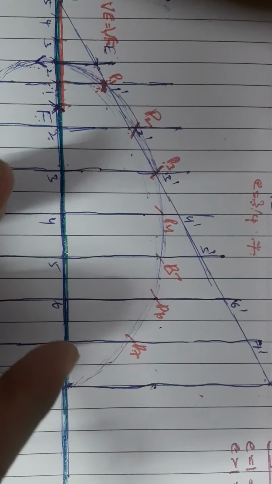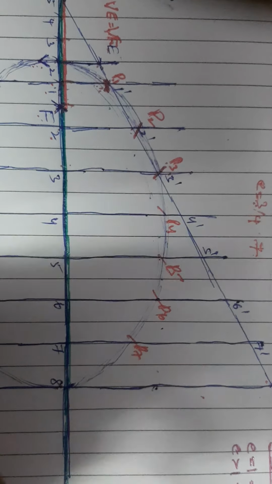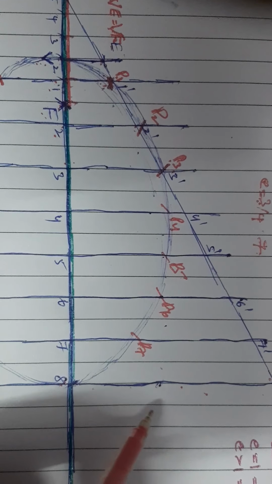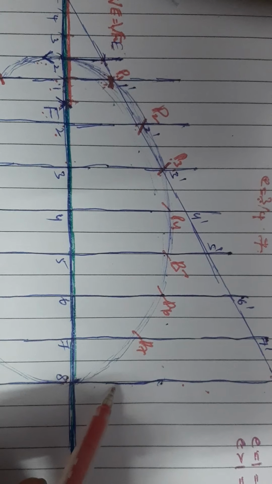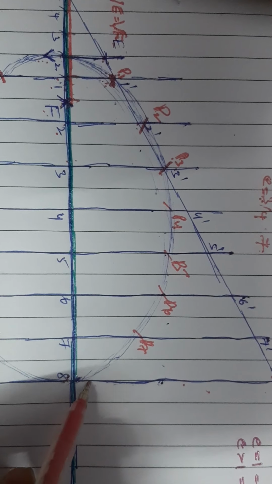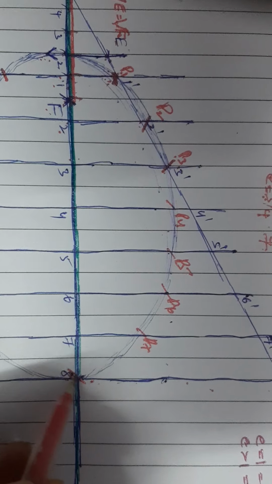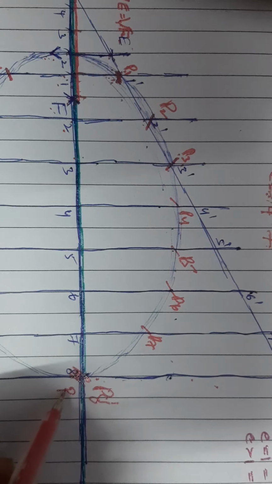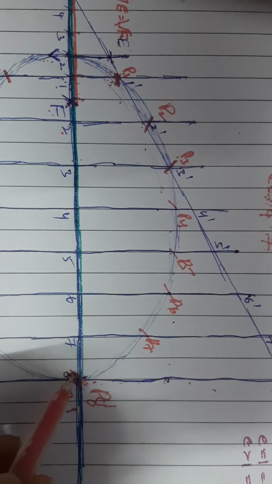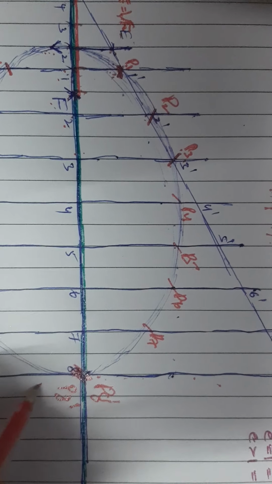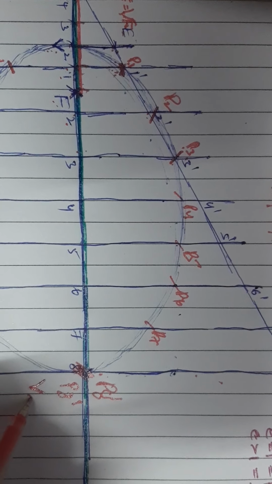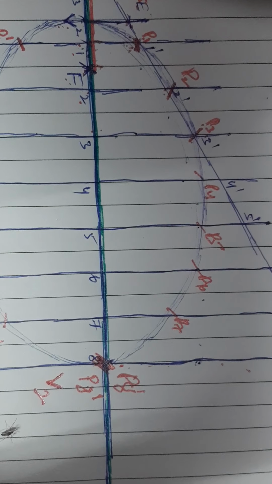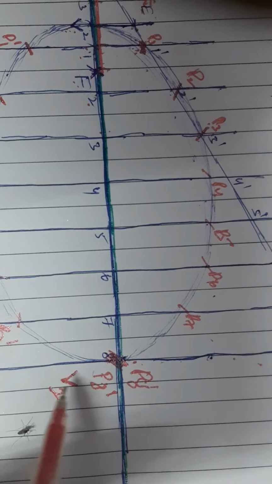So now when I am trying to cut the arc onto 8 dash, sometimes it won't cut the particular vertical line. So at that time you need to draw the arc cutting the axis at P8, right? Here we'll get P8 dash. So now this position represents the position of the other vertex, name it as V2. Okay, so by doing so definitely you are going to get the other vertex.